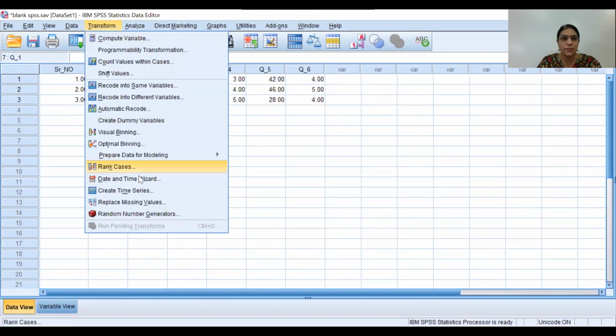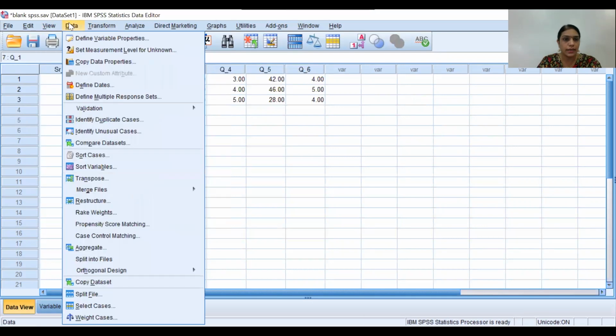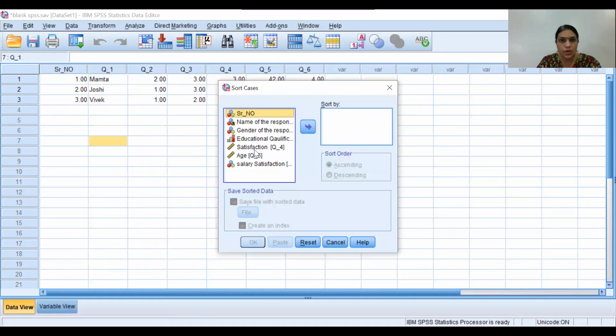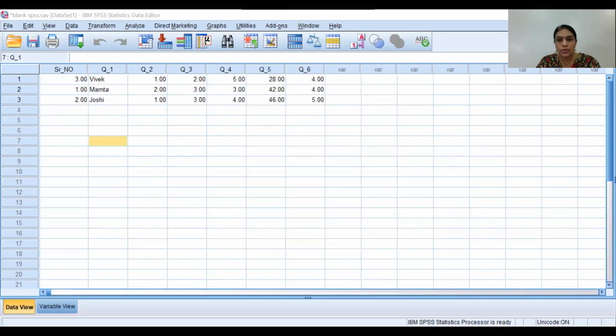Go to the transform function. Okay, I think it is in Data. In Data you can use Sort Cases. Then I want to arrange this data file as per the age, in ascending order. Press OK and go back to your data view. See here, Vivek has the lowest age, so his response is first, then Mamta's response, and then